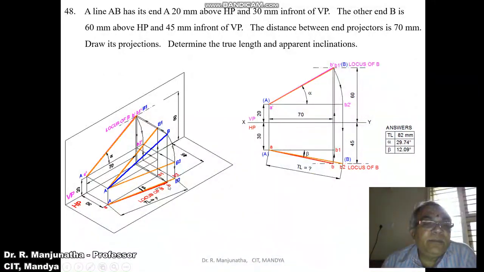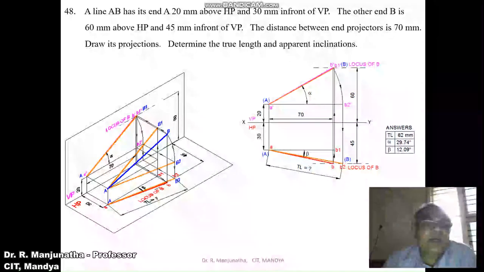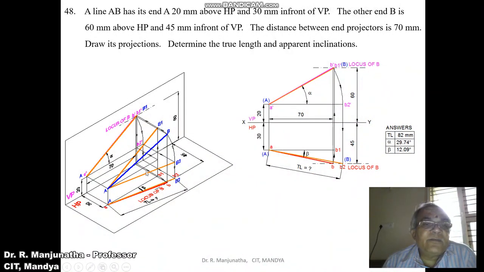So you have got small b and b dash in the front view. Both will cut on the locus line. So join A dash B dash with a dark line and join AB with a dark line. Now you have a projected line from here to here, and that projected line from here to here. Similarly, this projected line from XY line to the B dash is this line. So this is the line in space. Now we have this line in space, which means the line is inclined to both the planes.